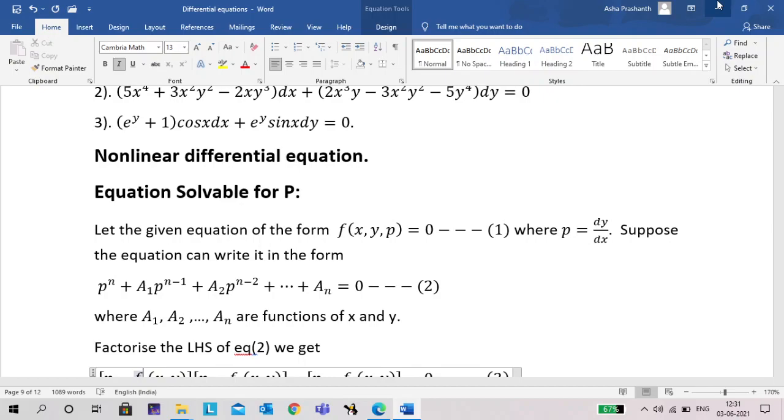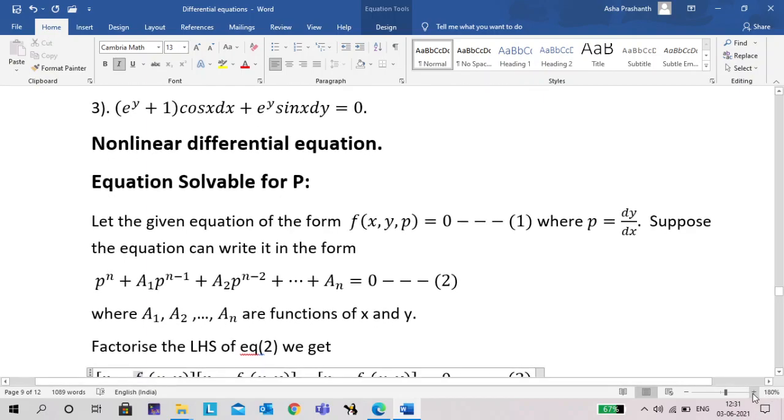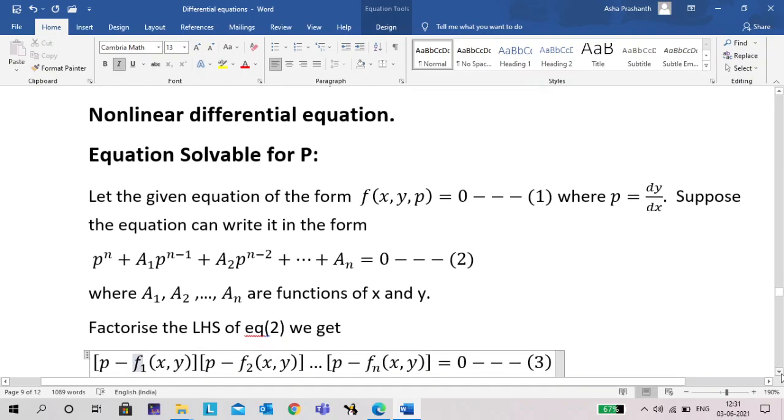Okay. So in a linear differential equation, what we did: we write the p and q values. After that we have to find the integral factor. After that we should find the solution. How to find the solution? By using the formula: y into integral factor is equal to integration of q into integral factor dx plus some integral constant, right? Okay, so then the equation reducible to linear differential equation, that is nothing but Bernoulli's form.